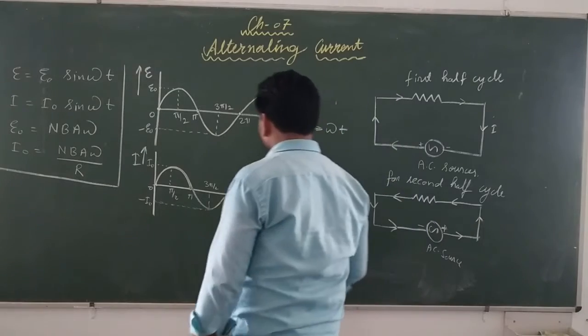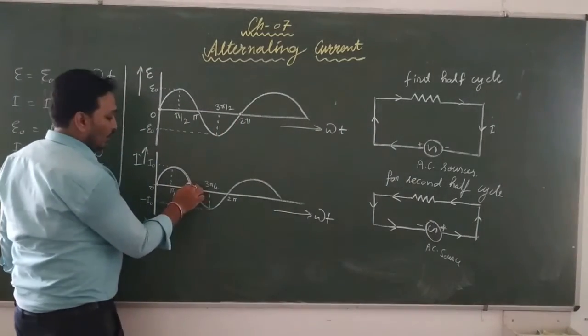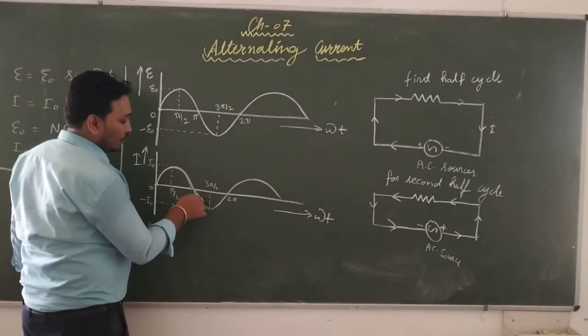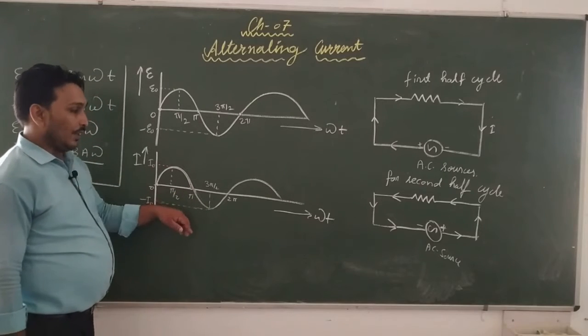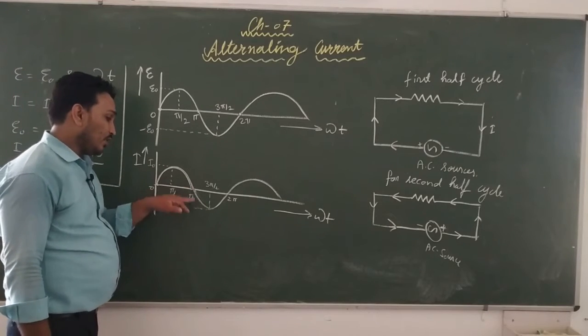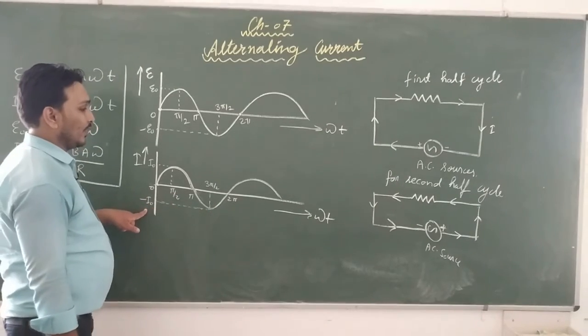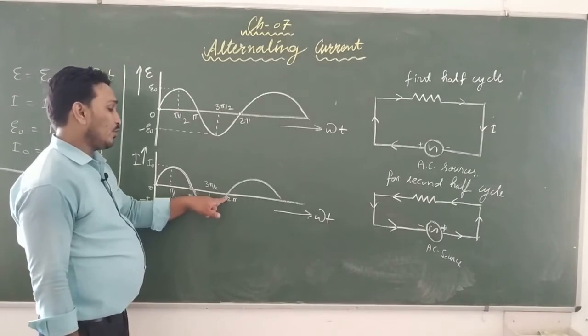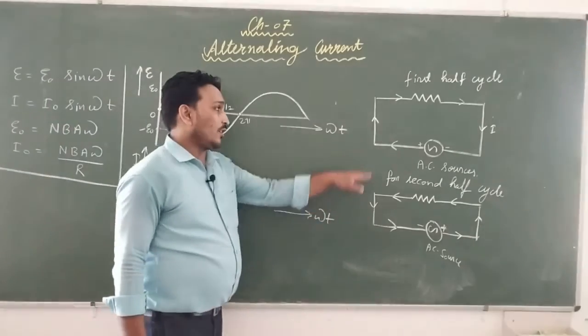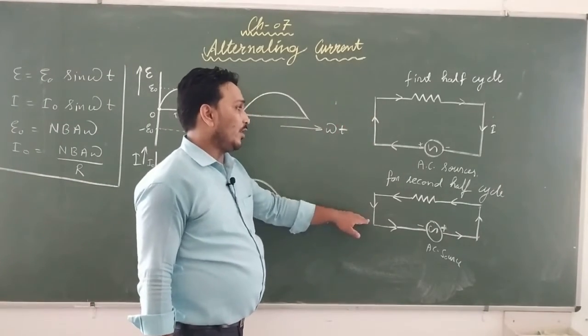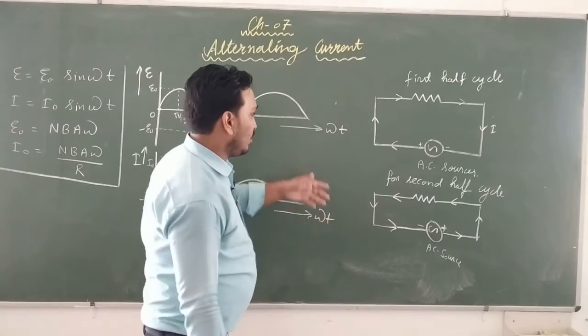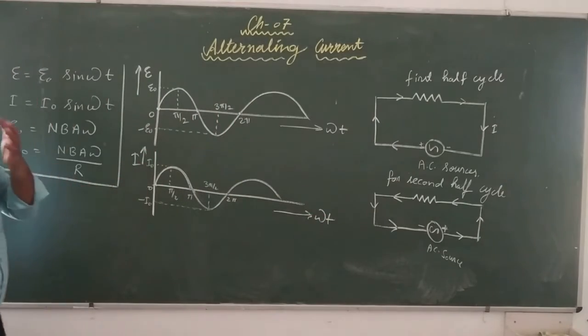And again the value of current increases. The graph is not showing that current is decreasing. It shows that the direction of current changes, but again the current is increasing to this particular value, which is minus I0. And then after again it comes to 0. Then we start from here. Then again this happens, then this happens, then this happens. So this is how the current flows in the circuit.